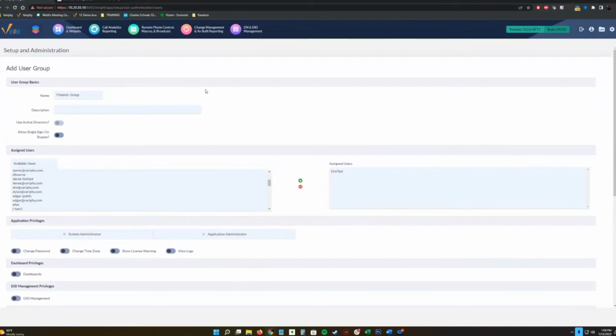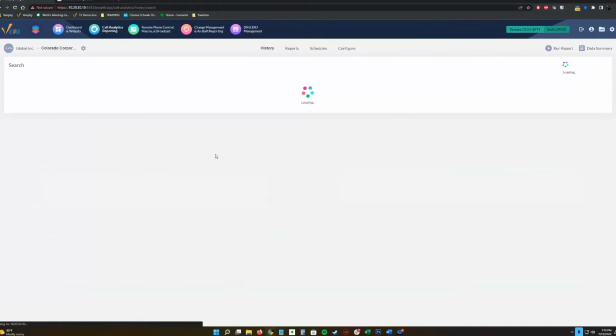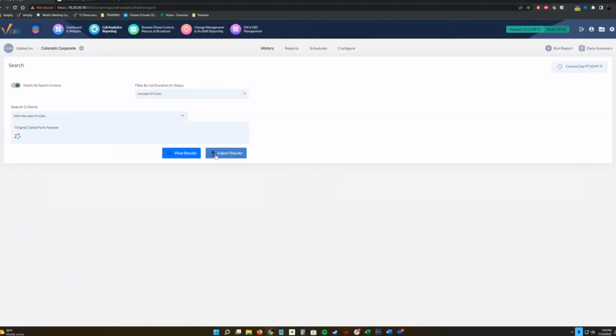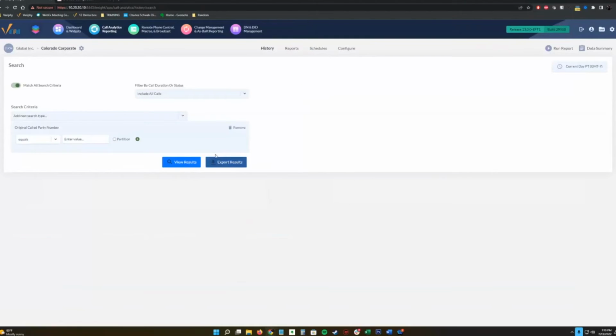All right, let's go back. That's how you get everything configured between Verify and Call Manager. So let's talk about another thing today, and it's going to be our public search sets. A public search set is a search set that you can give out that could be a restricted view, where we can give that public search set to a user so they can only see that data visibility.